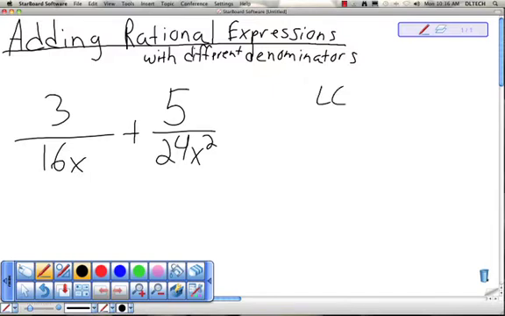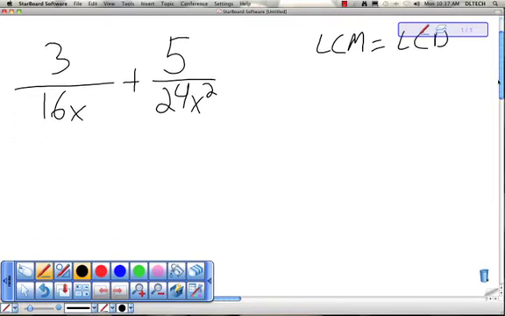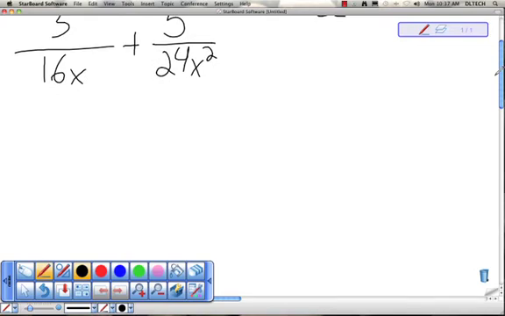the denominators. Now the LCM is very similar to the LCD, and that's the least common denominator. So we're going to look at 16x and 24x squared. And so we need these denominators right here to be the same. So we need to find the prime factors of 16,